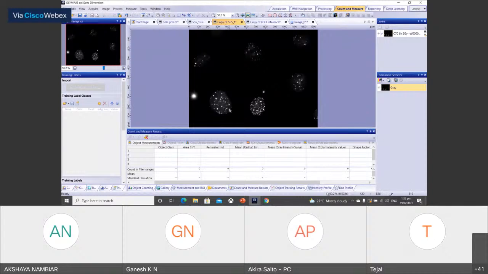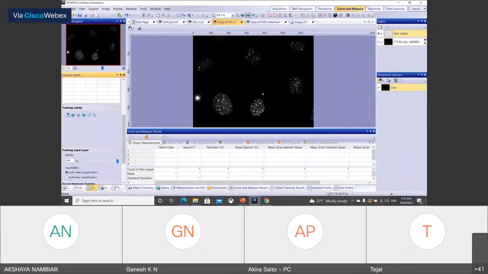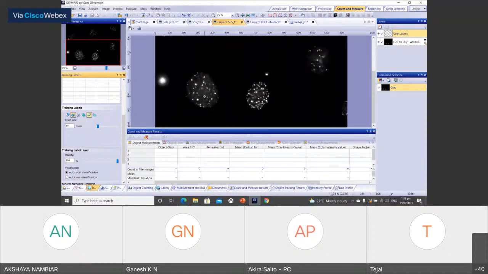First, I would like to identify where the spots are. I would like to classify that this is the spot. You can use the hand label, as I mentioned. Select training label, sorry, no, this one. Create a training label and do each